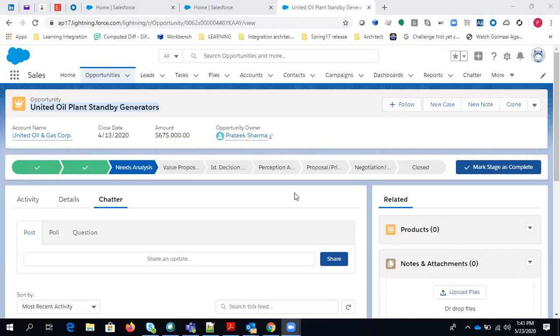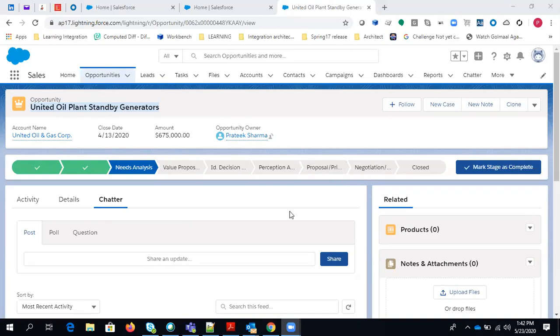Okay. So till now, we have discussed the homepage customization and the Kanban view, right? Now we will discuss the record page. When we were customizing our homepage layout, we saw there were other options as well, and one option was the record page. So this is our record page.